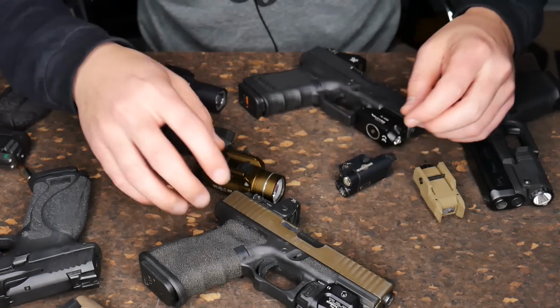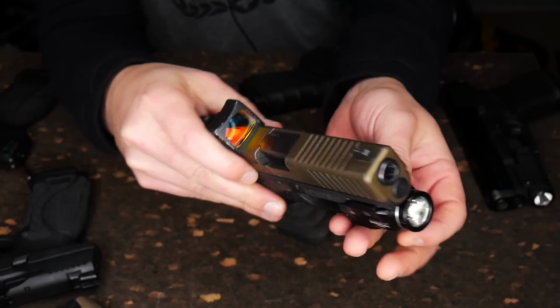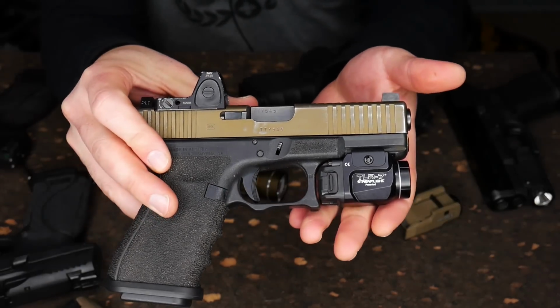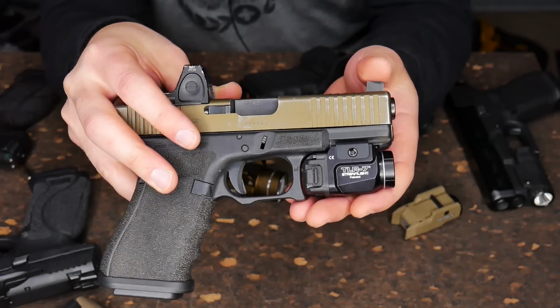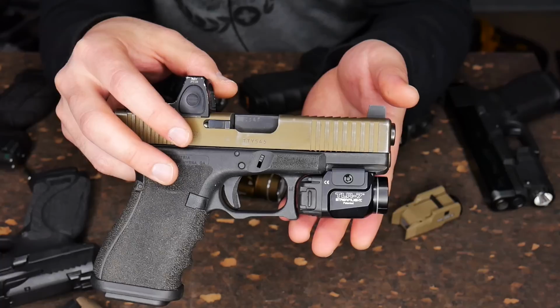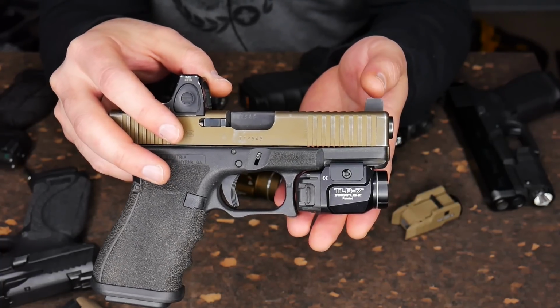The effective width, I guess we can call it. Since these lights are all different sizes and shapes, they don't really fit into the same holsters. That's going to be a question that's asked: will this fit into my APLc holster? Will this fit into my APL holster? Will it fit into my XC1 holster? Yada, yada, yada. The answer is, if you have a custom fit holster, probably, most likely, 99% chance, no, it